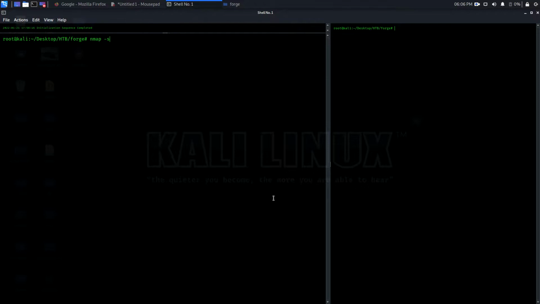nmap -sV for the version enumeration, -sC for the default scripts, and the IP of the target machine is 10.10.11.111. I'm going to save this nmap scan result in the default.nmap file because I already ran the scan to save time, although when you do it, it will not take much time. But to show you the results,